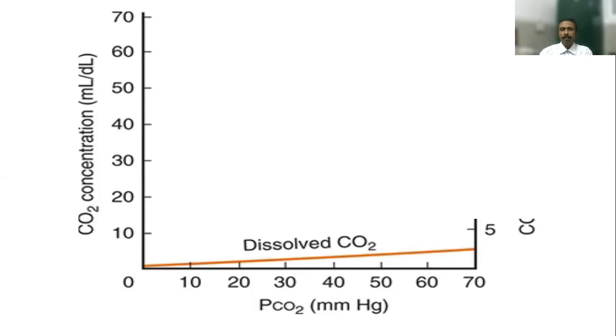As this graph depicts, even at the physiological PCO2 of 35 to 45 millimeters of mercury, what would be carried in the blood would be only about 5 to 6 ml per deciliter of carbon dioxide, which is grossly insufficient. But fortunately, we have the other mechanisms of formation of carbamino compound and the contribution of red blood cell